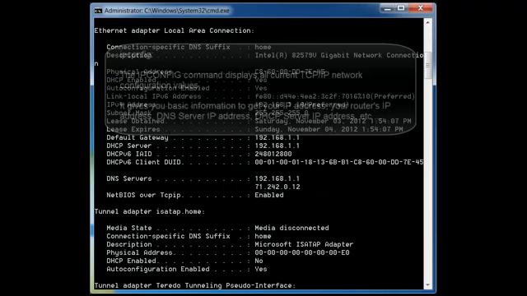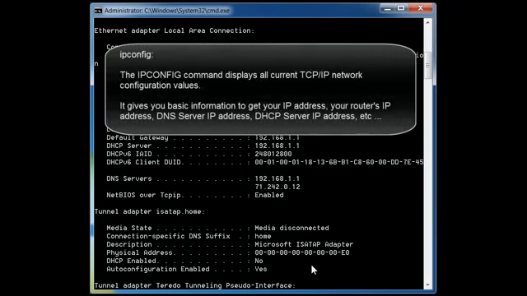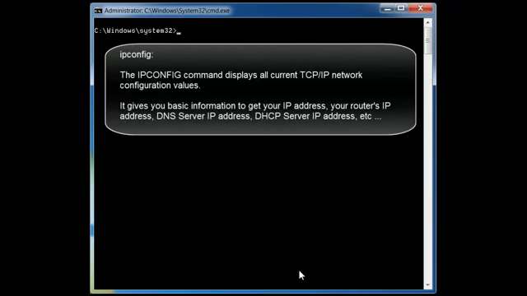Okay, so the first command that I want to go over is the IpConfig command. The IpConfig command is a very common and very useful tool. It displays the current information about your network. So it will give you basic information such as your IP address for the computer that you're stationed on. It will give you the IP address of your router. It will tell you where your DNS servers is, where your DHCP servers are. So let's type in the basic IpConfig command